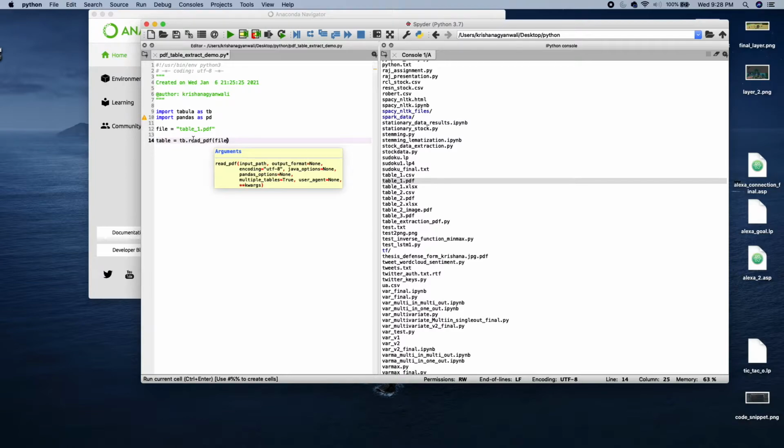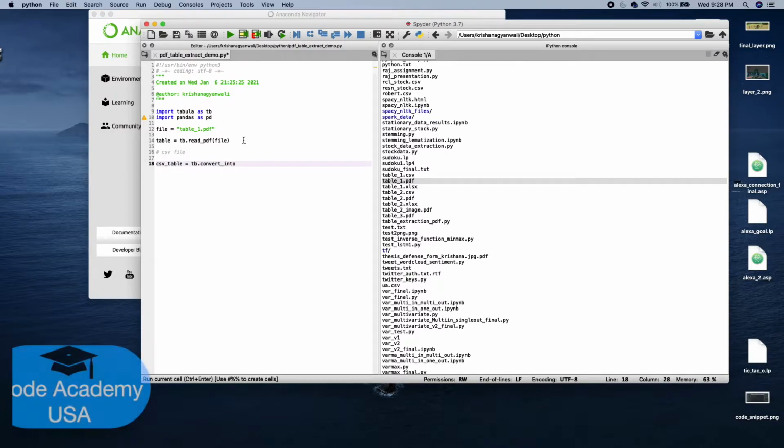You can also see, whenever you type there, different arguments that you can pass. But for now it is not a multiple-page document, it has only one page, so that's the reason I'm passing just that. So you can just pass the file there. Then I'm going to create a CSV file out of this PDF document. In tabula there is a function which can extract the table data into different file formats. The function is convert_into, so I pass the file,